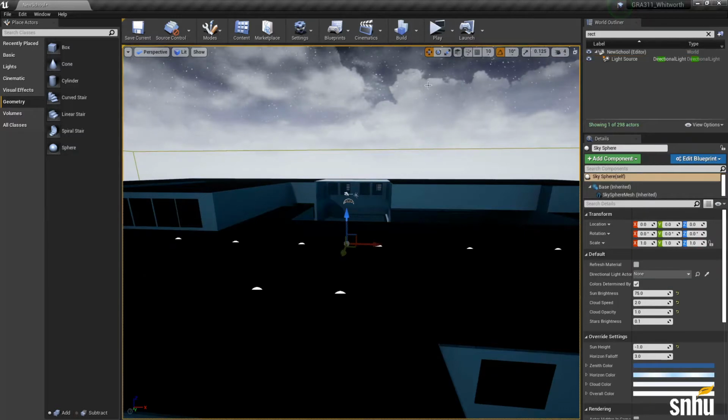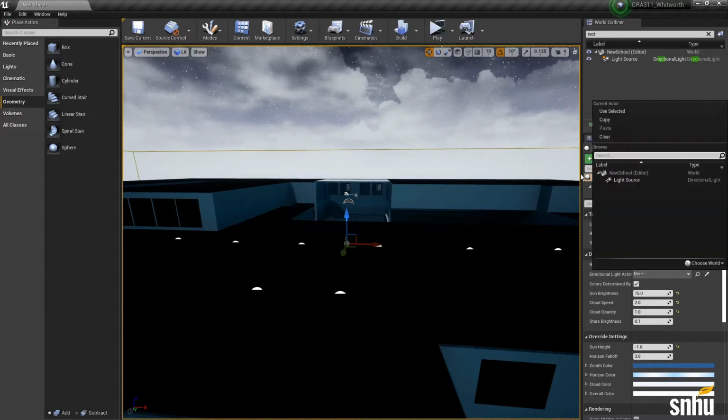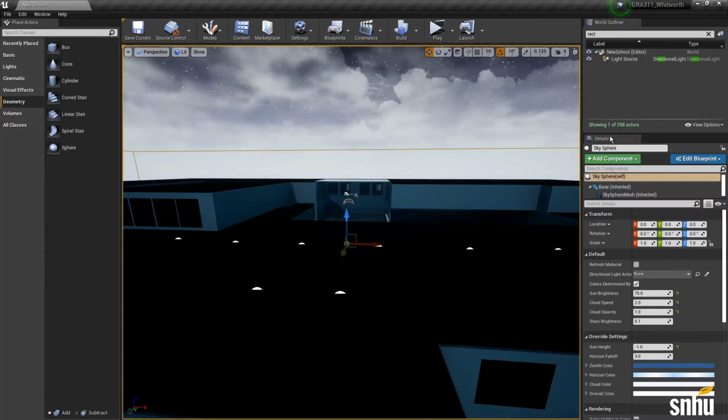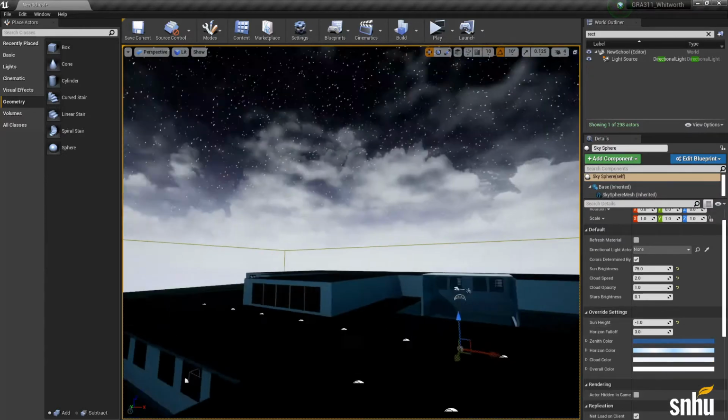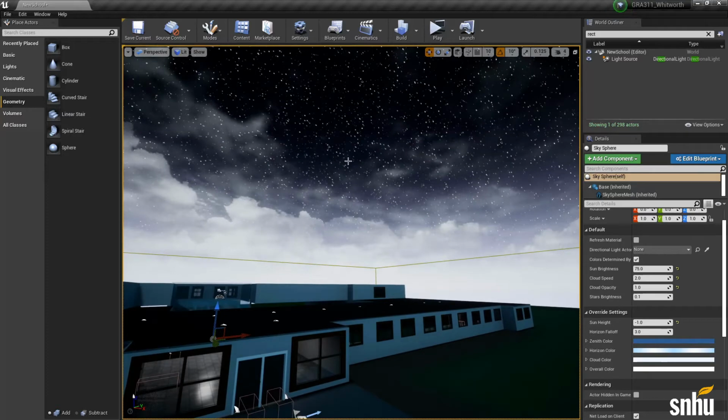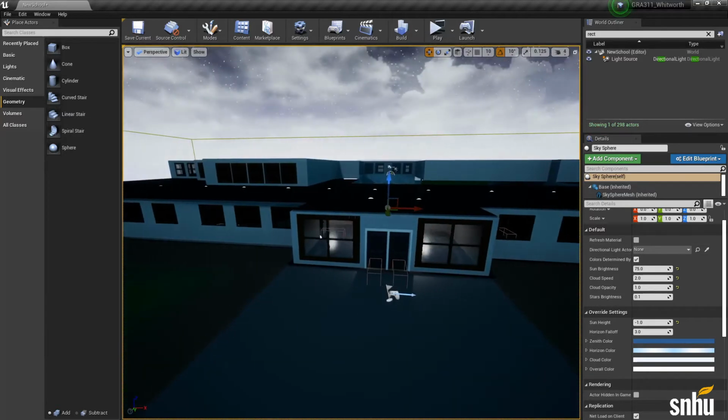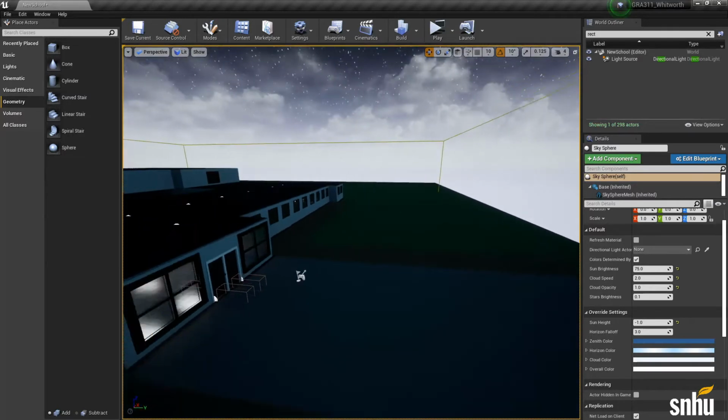And then if you click the sky sphere and disconnect the link for this, you should be able to just select it and click clear, and then set the sun height to -2. And that should give you an environment like this. If it doesn't, make sure to click this button to refresh the material. And that'll darken your scene up if that's what you're after.